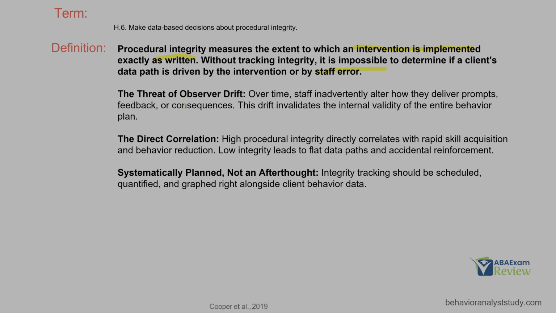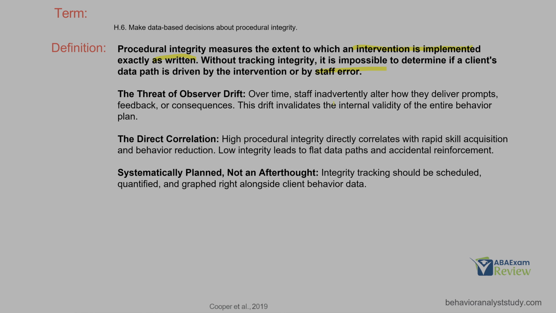First thing we want to look at and think about is observer drift, right? And observer drift has to do with how we're measuring something. Treatment drift can be with how we're delivering the intervention. So when we think about observer drift and treatment drift, it's just essentially how the plan is being implemented and measured over time. And that word drift implies that over time, even through no fault of the staff at all,